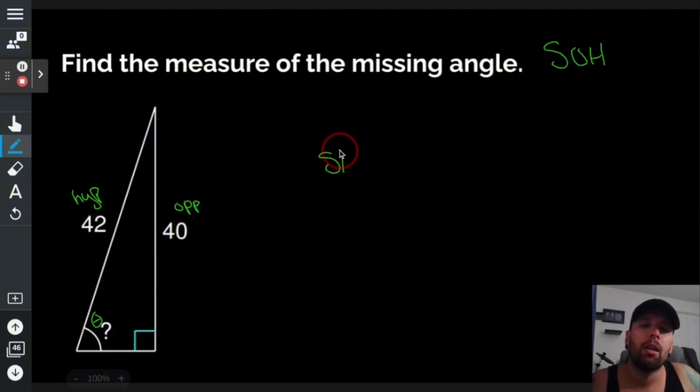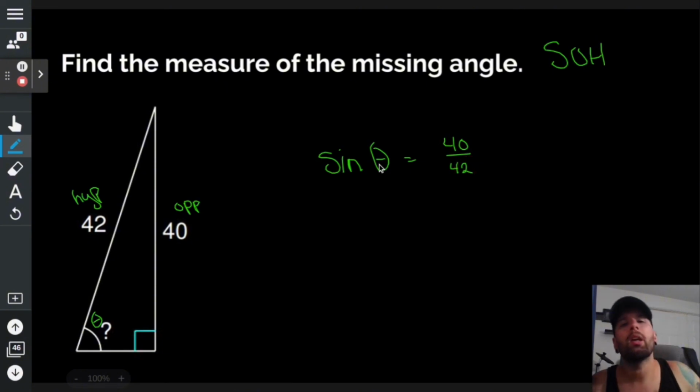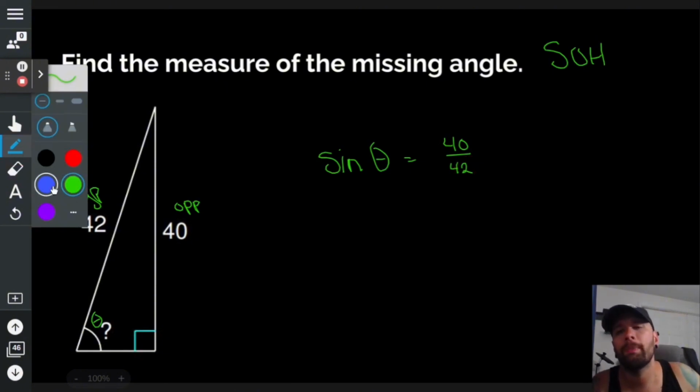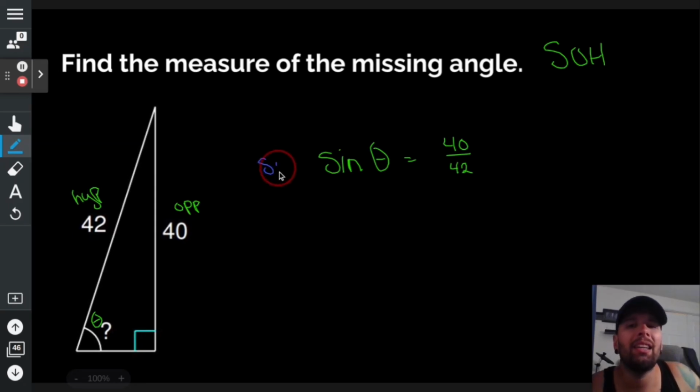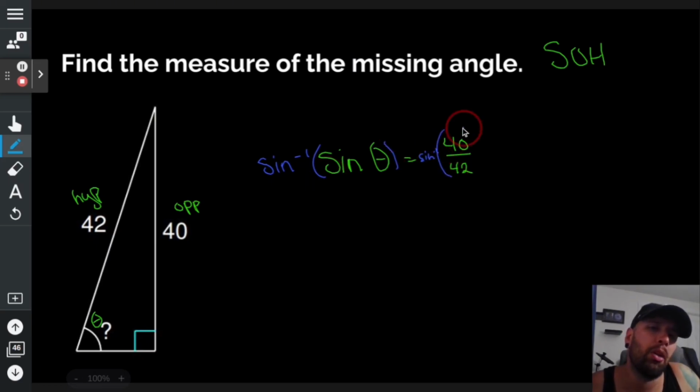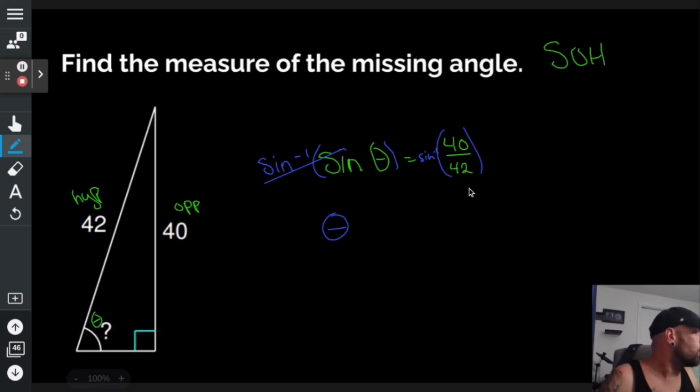Sine of theta is going to equal the opposite, which is 40. Should have left myself more space. Over 42. Is theta all by itself? No. Sine is in the way. How do I get rid of sine? Inverse sine both sides. That crosses out, and now you are left to find the inverse sine of 40 over 42,